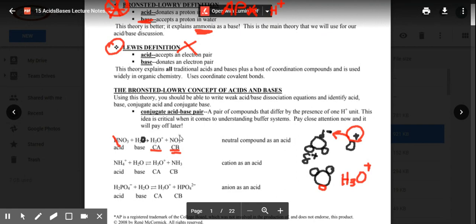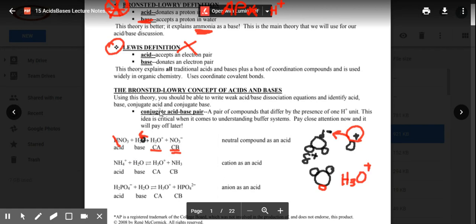What you learned from the worksheet is that your acid and your base, whether or not it's an acid or a conjugate acid, the acid is always the one that is donating the proton. So if I were to go backwards, this H3O plus is the one donating the proton. So that makes this the acid. This is the one accepting that proton. So that makes this the conjugate base. So we have what we call